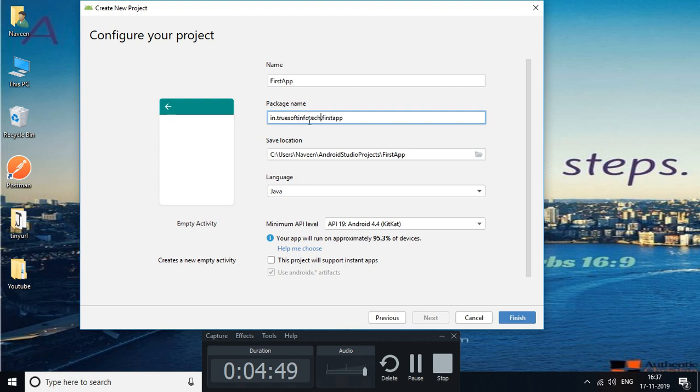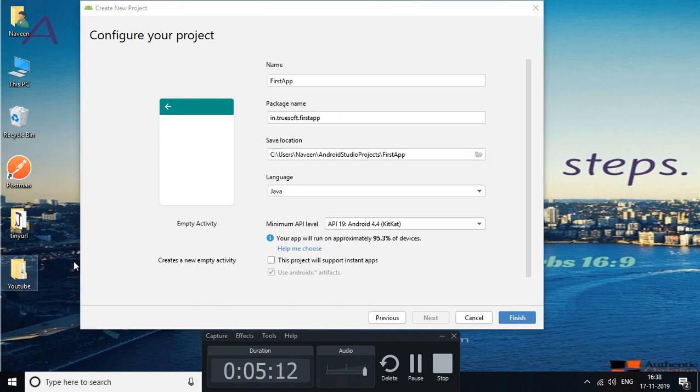This is one of my domains, so I have given the domain name. You can also give your domain name, or put any name based on your domain. So this is in.truesoftinfotech.firstapp, or I will give only TrueSoft.